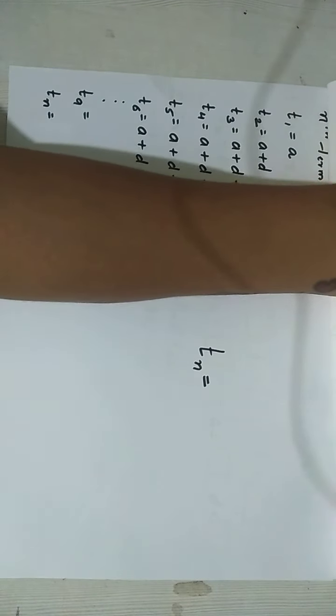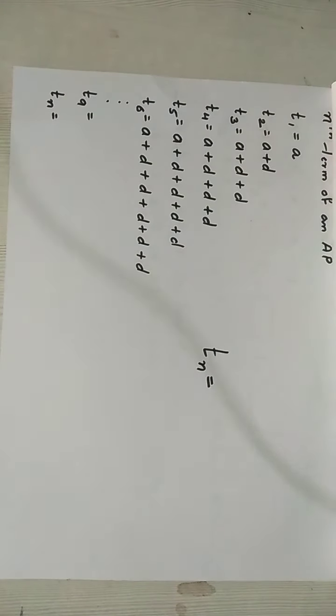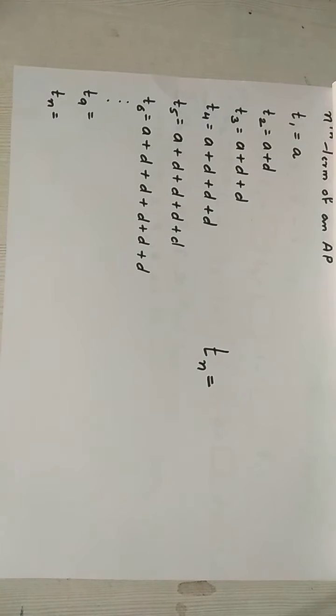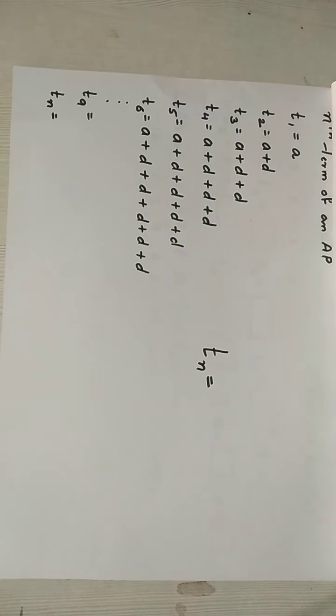Let's go to the next concept of this lesson. Once you understood what is an AP, once you understood what is A, once you understood what is D, the next concept here will be to find the nth term of an AP. Nth term of an AP means, for example, they might ask you the question to find the 5th term of an AP, or to find the 10th term of an AP, or to find the 11th term of an AP. So you have a formula in this lesson which will help you to find out any term,